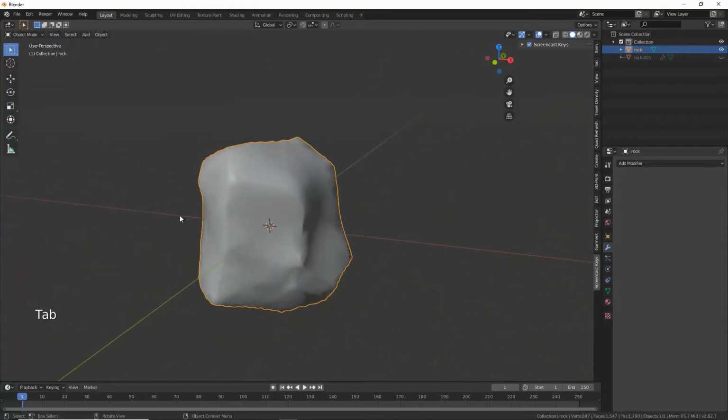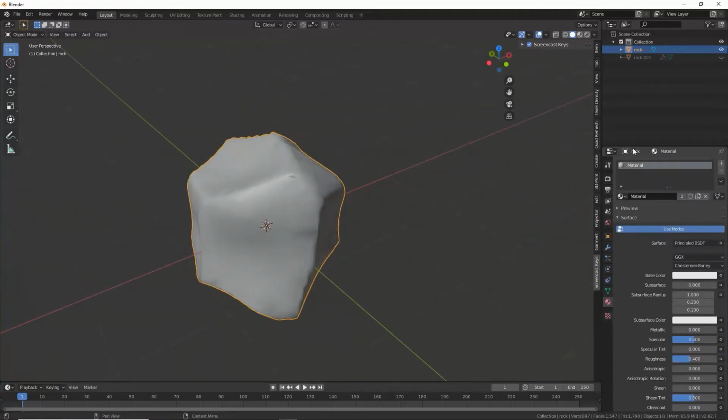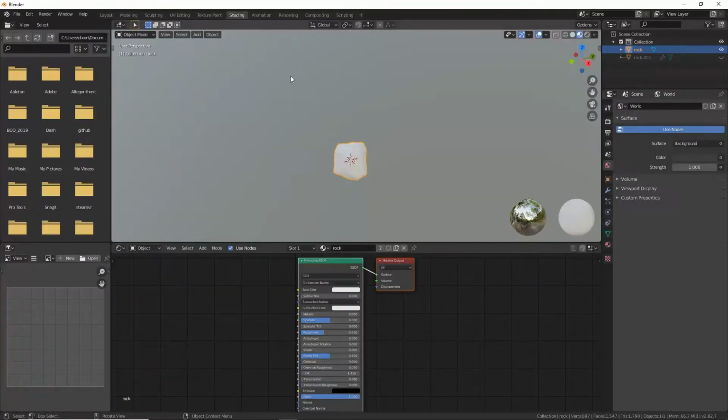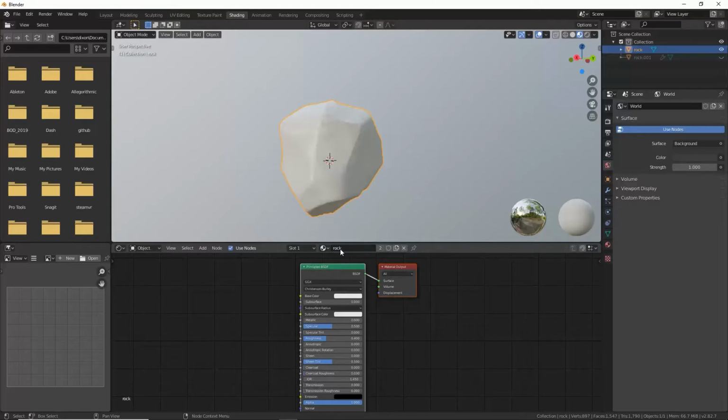It doesn't look much like a rock yet because we haven't textured it. So what we'll do is we'll go to the material properties here. You can see there's a material by default applied. We'll call this rock. And if you go into shading, you'll see that there's the rock, and here are the nodes, the texture nodes for that particular material rock defined here. So what we want to do is add an image texture,